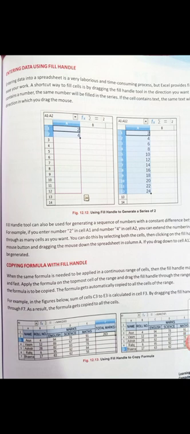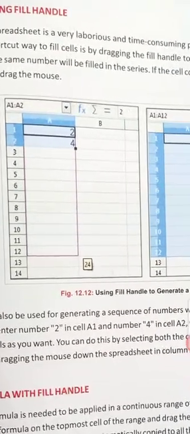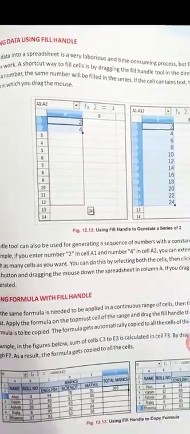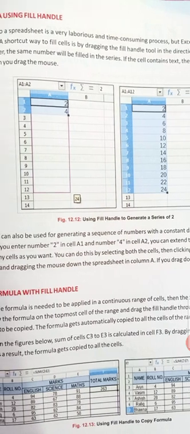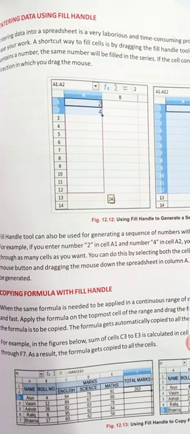We just type any numbers in the first cell and second cell. After that, we just drag and drop our data till our range. It will give the data in our cells. Like if we want to write the table of 2, we just write 2 in cell 1, 4 in cell 2. After that, we have an option like this, a black dot. We just use it to drag and write. We just drag it till our range and after that it will give us a table in our range.